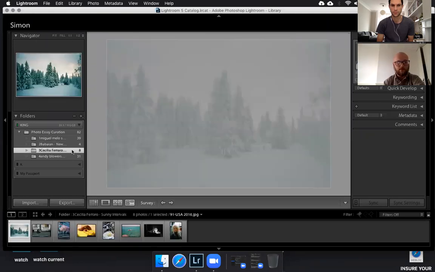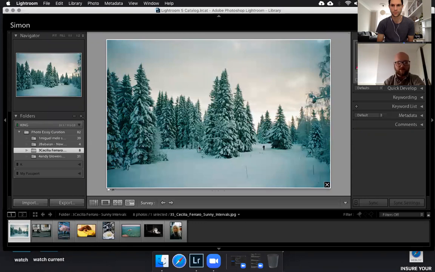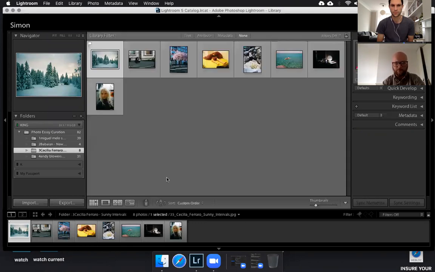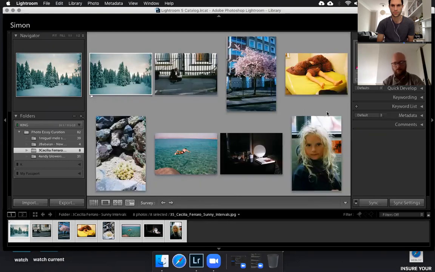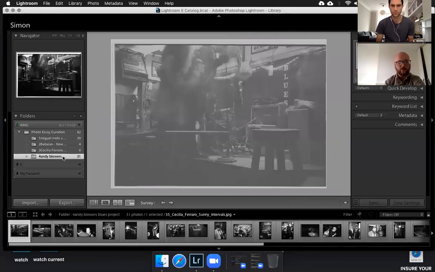Okay. This one I think is probably the clearest in terms of the presentation. The idea behind it is about the seasons. So you have each of these 4 images which establishes the season, and then you've got each of these images here which respond to that season. And then this one